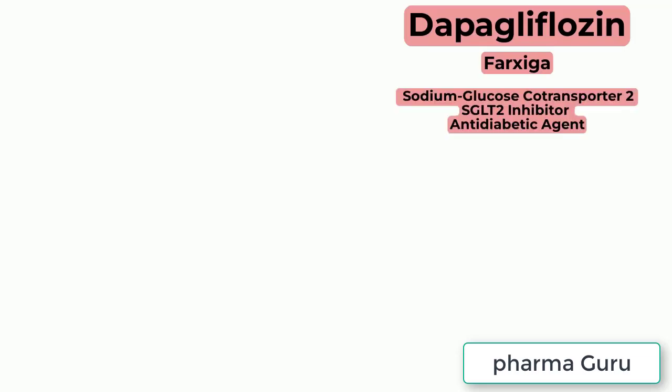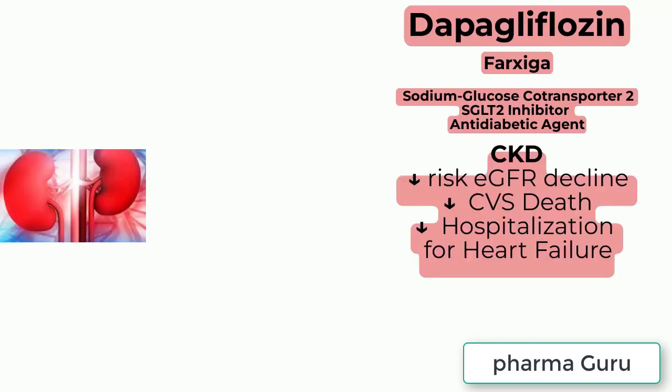Dapagliflozin, a sodium glucose cotransporter 2 inhibitor and antidiabetic agent, is used to reduce the risk of sustained estimated glomerular filtration rate decline, end-stage kidney disease, cardiovascular death, and hospitalization for heart failure in adults with chronic kidney disease at risk of progression. As an adjunct to diet and exercise to improve glycemic control in adults with type 2 diabetes mellitus, and for